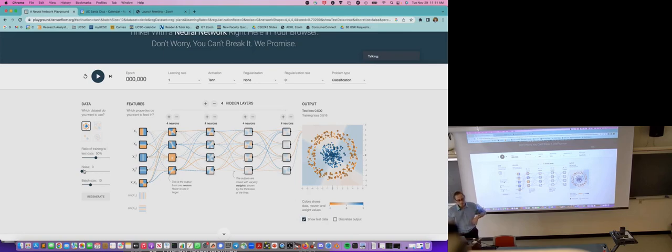How does the regularization rate relate to the learning rate? The learning rate is how big the steps are that you make. The regularization rate is the weight of the regularization factor. It's like when we were doing least squares, for example. Here in neural networks, it's regularization with L1, for example.